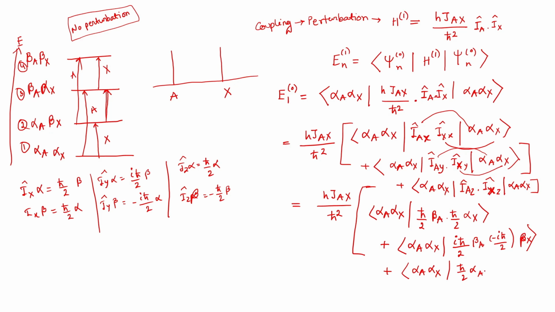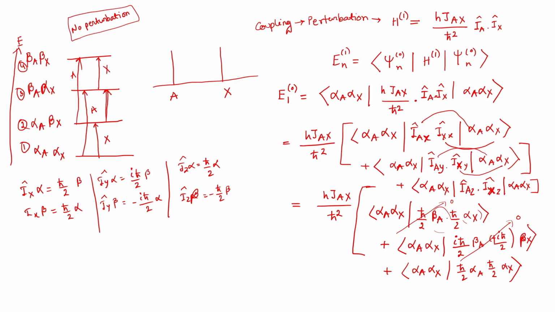Then this is alpha a, and again we are going to get alpha operating on alpha will give us... Achha, so this is also operating on alpha, so this is actually plus, there is no minus there, so that was my mistake. And here alpha x is going to return. Now you see alpha a and alpha x, and here we are getting beta a beta a alpha x, so those are orthogonal to each other, right? So actually we are going to get 0 from here, and here also beta a beta x we are going to get 0 from here, but this is a normalization.